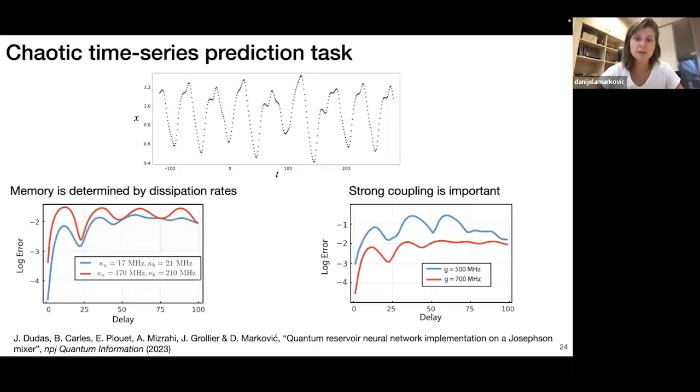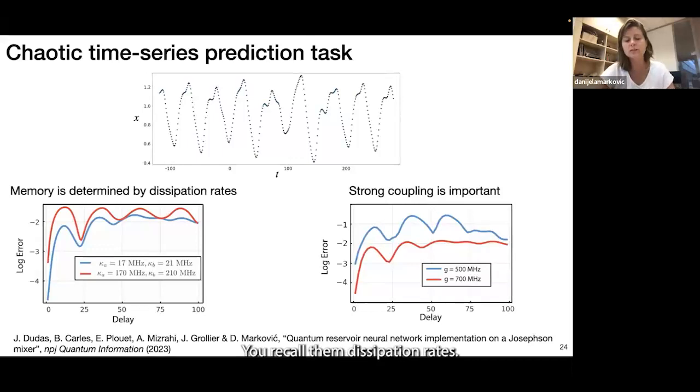And then to understand a little bit better what are important parameters in our system, we have also tested learning on Mackey-Glass chaotic series prediction. And here you see error as a function of how many points in the future I'm trying to predict. For 2